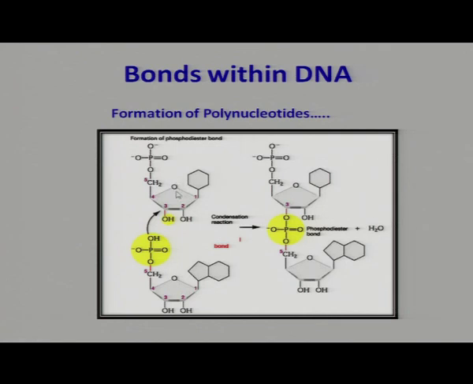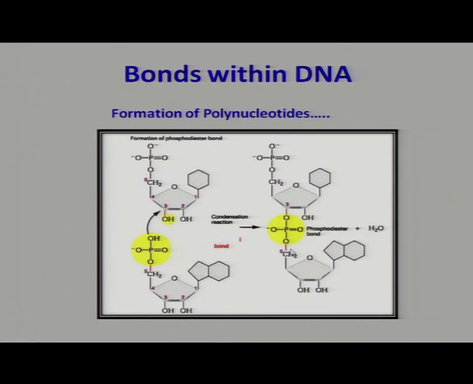Now, how do 2 nucleotides combine together to form the polynucleotide chain? Here you can see this is one nucleotide molecule, and this is another DNA nucleotide molecule. The phosphate of the second nucleotide will participate in the bond with the 3rd carbon of the first nucleotide. Both hydroxyl groups will interact with each other, they will form water, and the remaining parts will combine together,